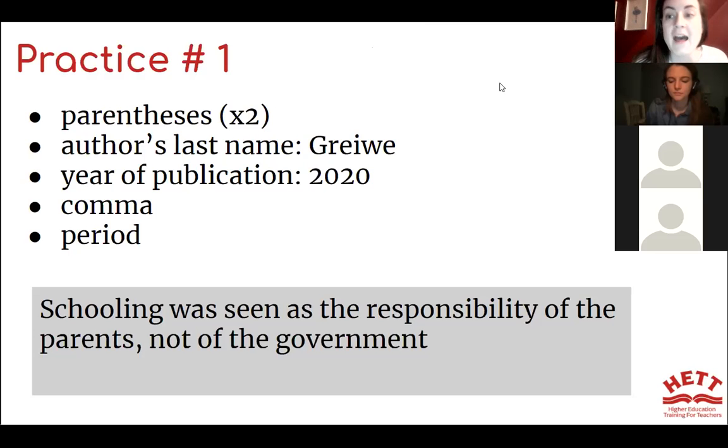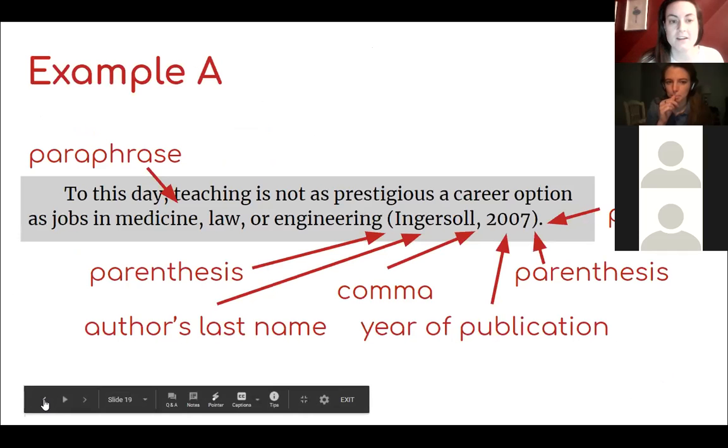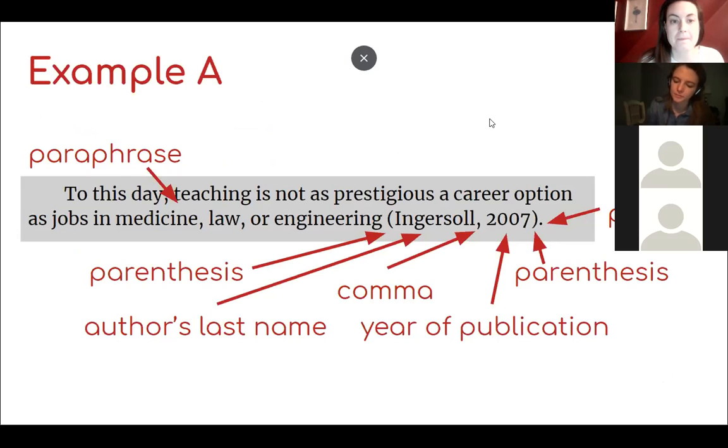Yeah, and make sure you have a space. It doesn't have that in the description, but make sure after the comma that you also have a space. Let's see if we can look at the example. So you see here, there's a space between the comma and the date. So make sure that you have that space right here. And also there's a little bit of a space right here.